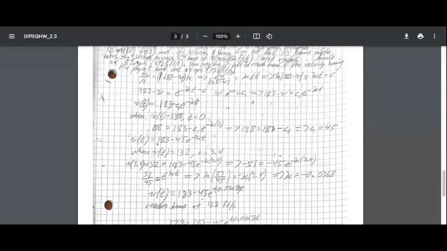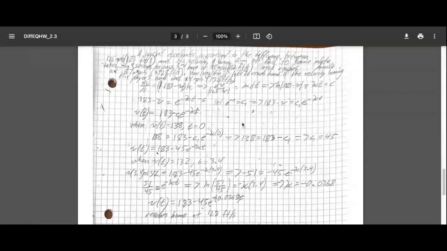First, we're going to be finding our c1 constant, because conveniently we can take it at time 0. We can ascribe the velocity of 138 feet per second while making t equal 0. And so we plug those in, and e to the 0 becomes a 1,